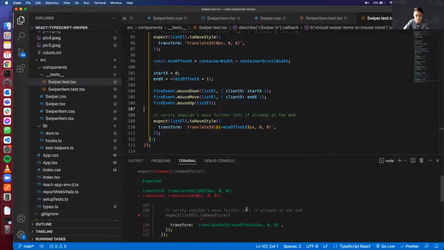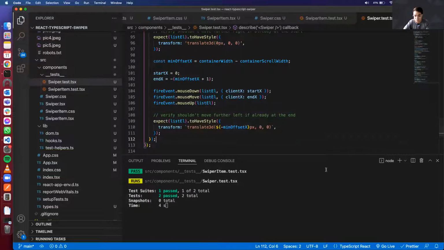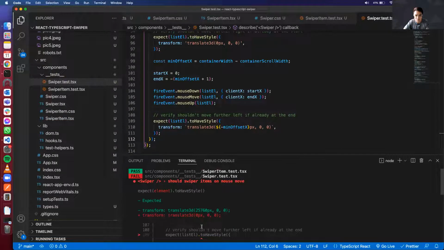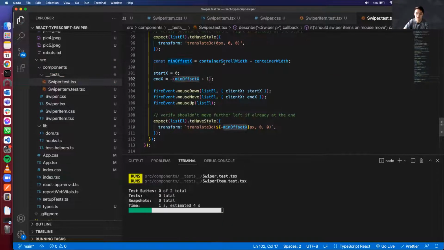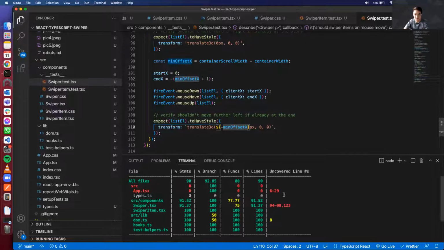All right, oops, why did that fail? Let me rerun again. This element, container scroll width, oops, sorry, it should be container scroll width minus. Yeah, because this is a positive value. Then we convert it to negative over here. And now